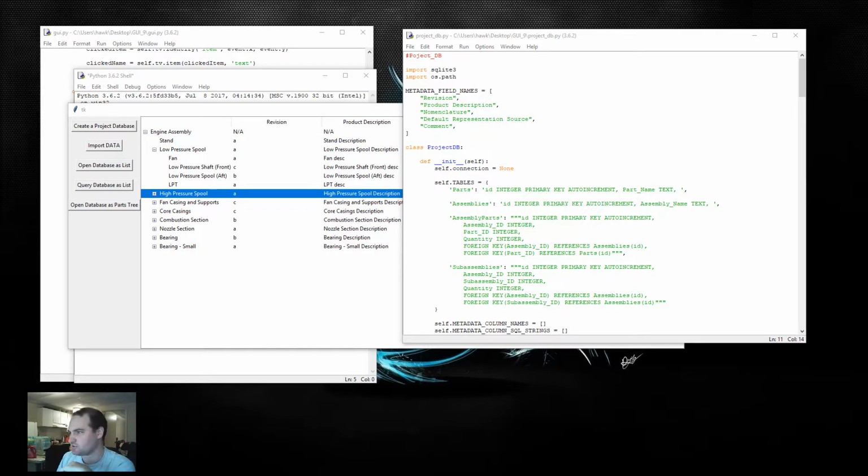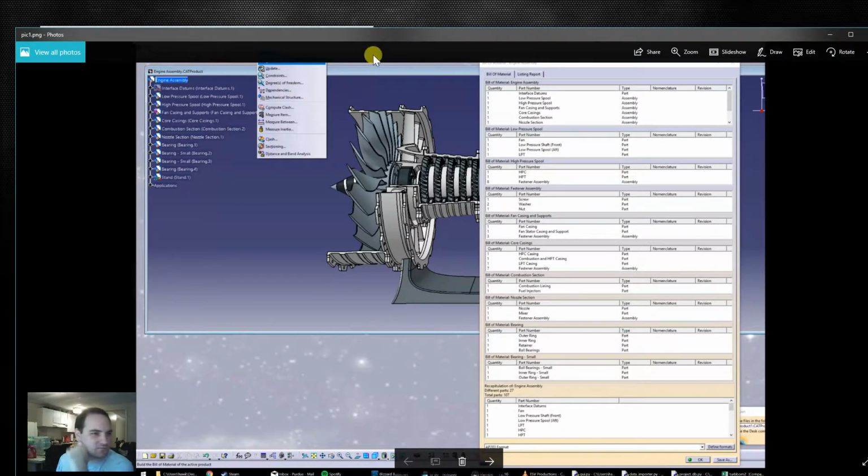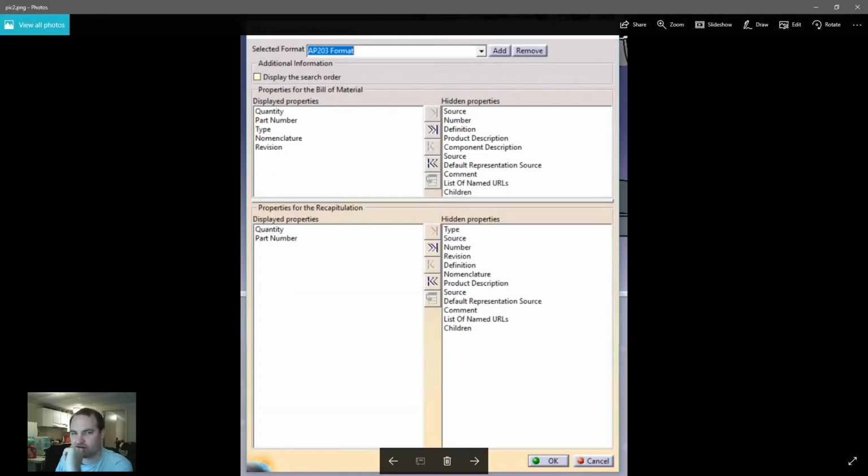Got some images. In 4 and 5, this is how the bill of materials is laid out. It's analyze bill of materials. I accidentally cut that off in the screenshot. But you've got your assembly and sub-assemblies. If you click on that define formats button, it'll let you decide what you want of all of these options, and you can change the order however you want as well. Again, this is where I have the assumption that it starts with part number, which is also the name, and then goes to type, and then goes to